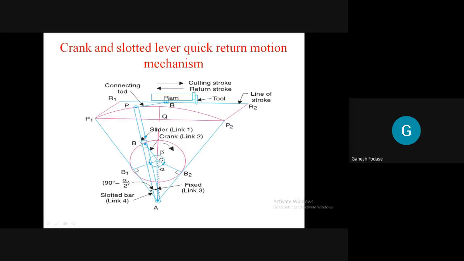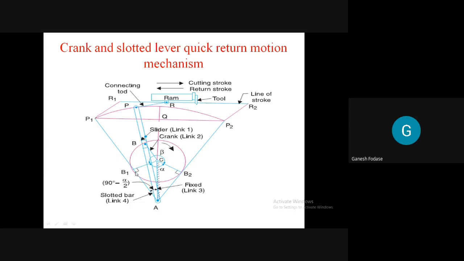And the slotted frame AP is not at AP now, but it is moving from AP to AP1. So when I move this crank from AB to AB1, the slotted frame is moving from AP to AP1. Of course, it oscillates about A. So this is one position, and when AP1 is here, this R, which is initially here, will move to R1, and the tool is moving towards the extreme left position. So AP1 R1 is the extreme left position of the tool. I discussed two positions. One is intermediate and one is extreme left.